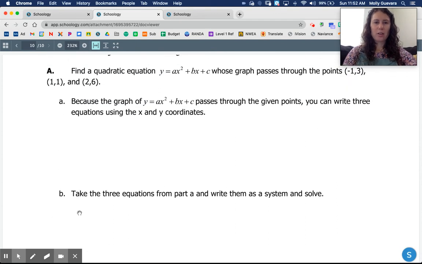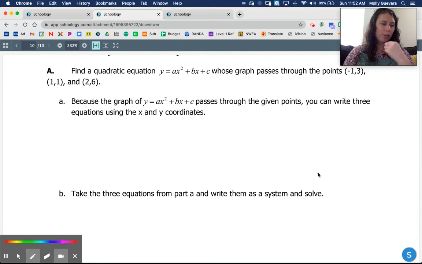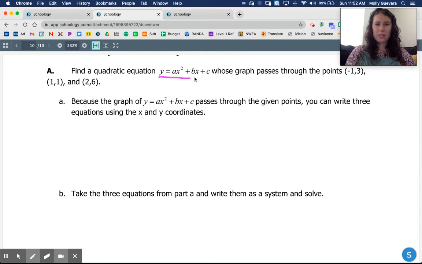So here we have a quadratic equation. We're looking for a quadratic equation. That means my answer is going to look like this, okay? But I know that it passes through (-1, 3), (1, 1), and (2, 6). So I'm given 3 points that it passes through. So I can now write these out as an equation, right? I have an x value and a y value, so I can plug that in to here. Y is 3, so let's write the point. Here's the point, (-1, 3), right? Y is 3